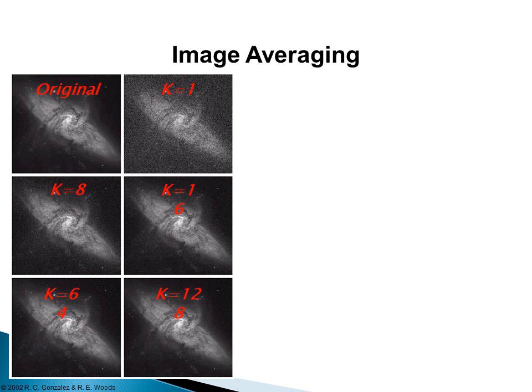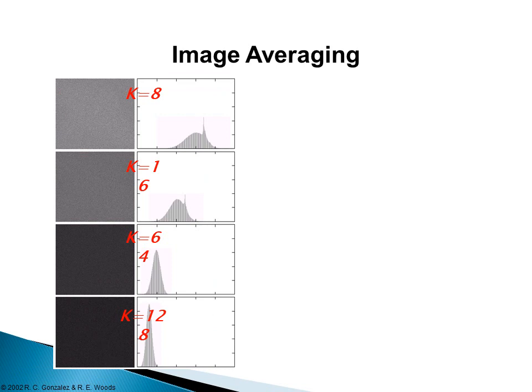When image averaging is applied to the original image multiple times, you can see how this k value is affecting the result. As the image averaging is increasing, you can see the picture is more clear, whereas image averaging with lesser values was leading to a blurry image. The image is not clear, but when you go for averaging multiple times, you can get a better image. So this is the histogram.